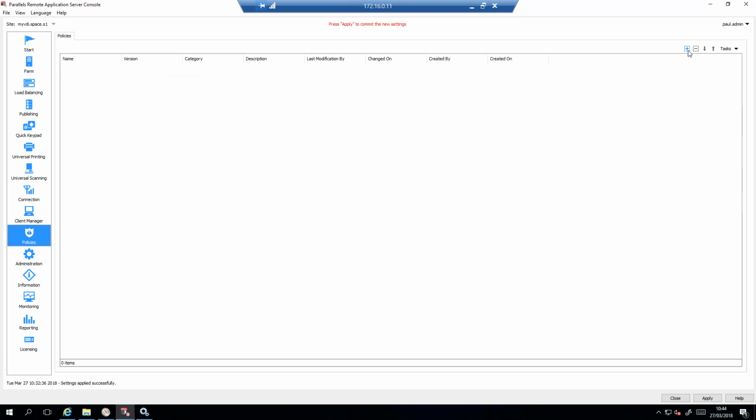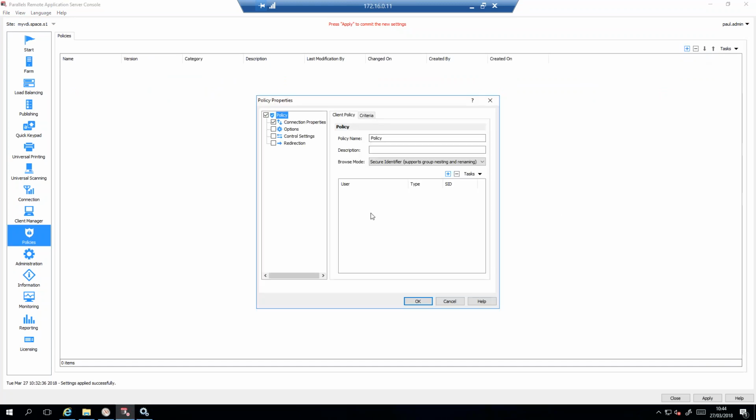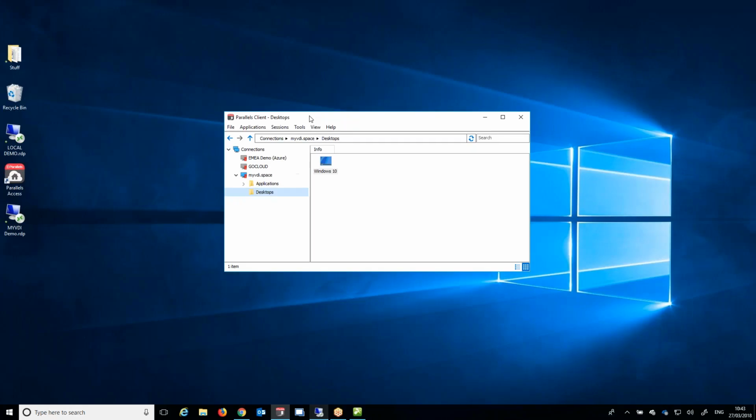Policies, again, Malcolm touched on this, but this is where we can make it as easy as possible for users when they're connecting. So if the client has been installed, or they've installed it themselves, or we've pushed it out through some mechanism,